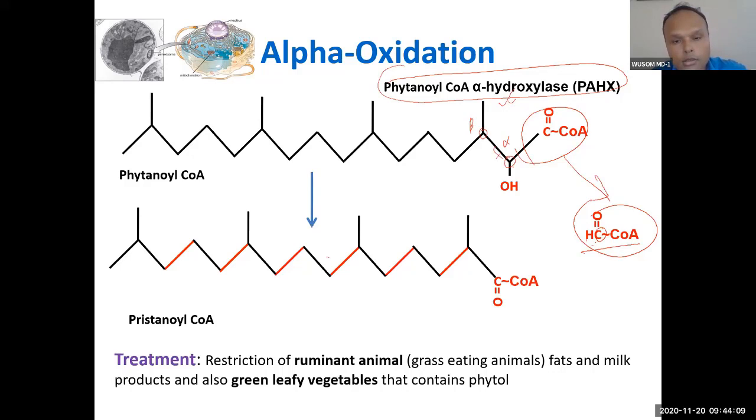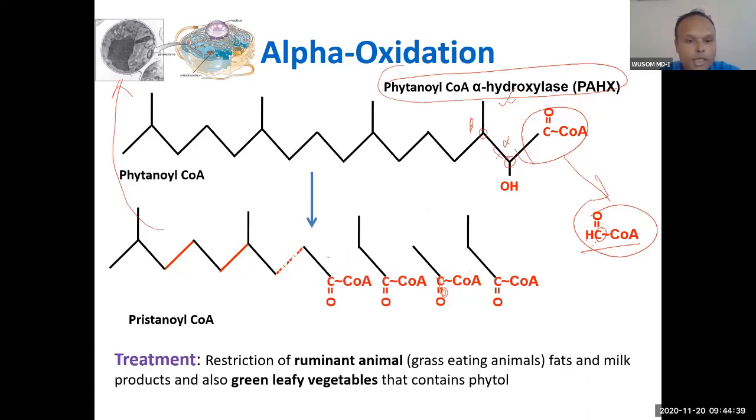to beta oxidation. Similar to the beta oxidation that you see, but this beta oxidation occurs in the peroxisome. So you can see how peroxisomal beta oxidation happens. This bond is gone, again beta oxidation, alpha, beta. This bond becomes a double bond, this will be a CO group again, and then there will be addition of coenzyme A. Again this bond will be gone, the beta bond. So this is peroxisomal beta oxidation.